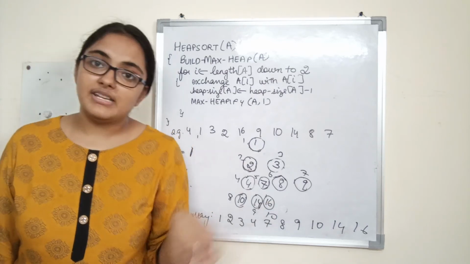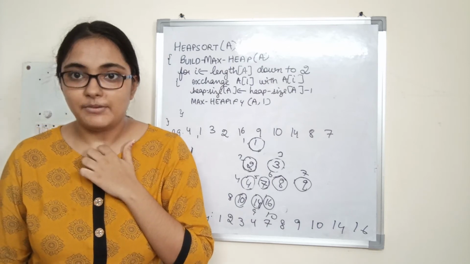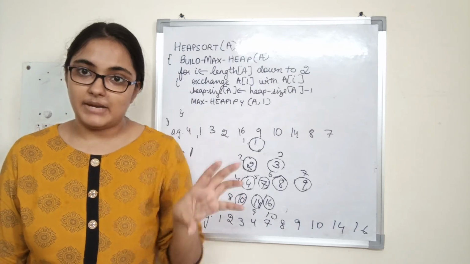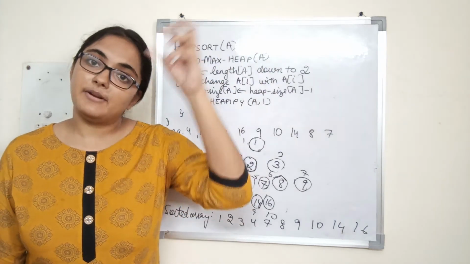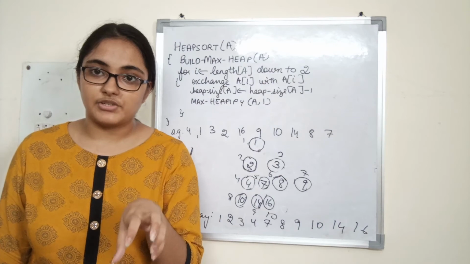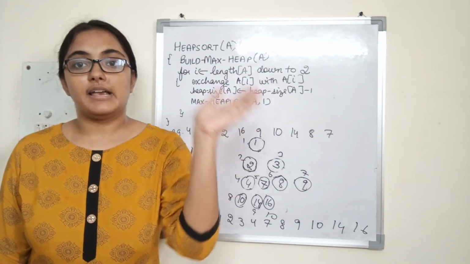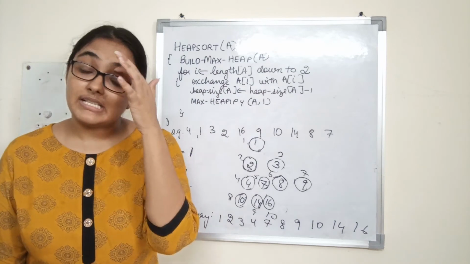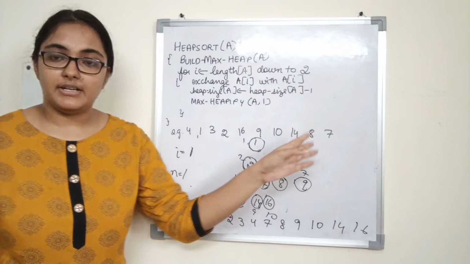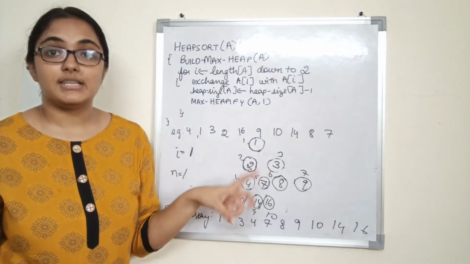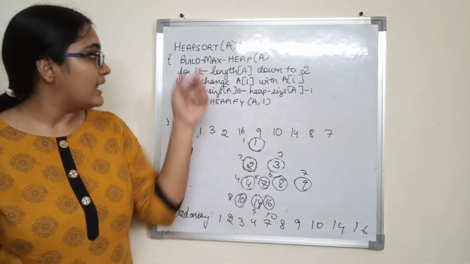Alright, so at every step what did we do? We just created a max heap out of the elements that were remaining in the array, and we took the maximum element from the root and placed it at the correct position. Then we reduced the size. Then we again called max heapify. Then again placed it at the correct position. So this is how we sorted the elements of an array using a max heap. Alright, so that is called heap sort.